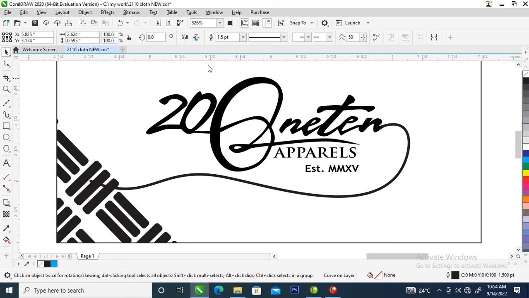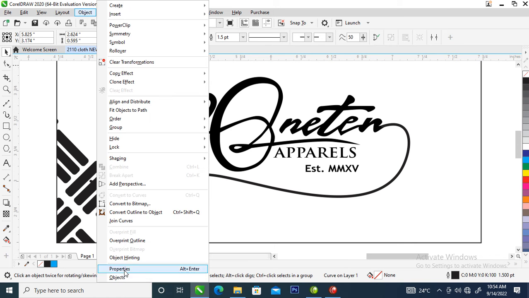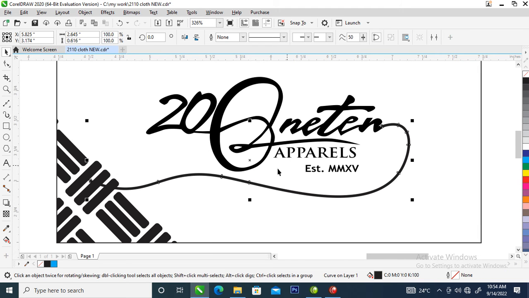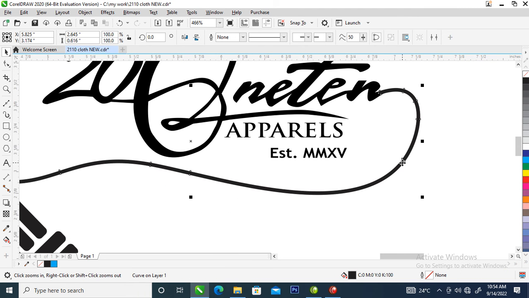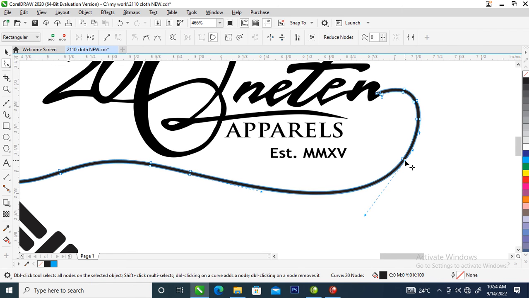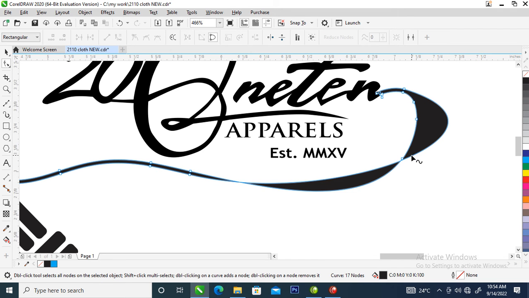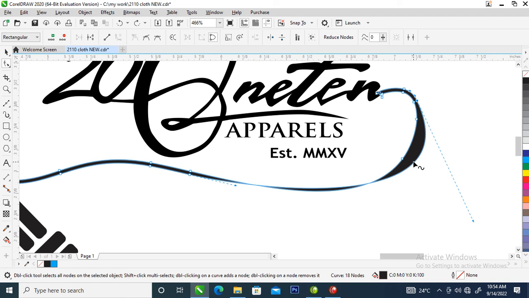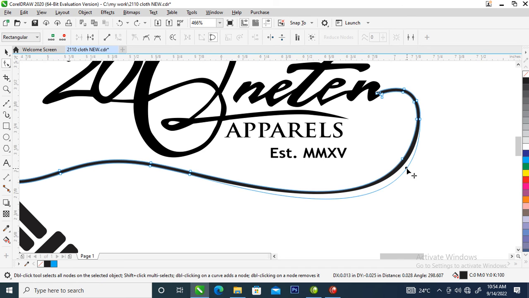It's okay. Good. Go over to your object, then you locate convert outline to object. Automatically it is converted. So right now let's double click this node right here to make it disappear. Good. Let's go over to that swatch. So what we are going to do now is to pull this down a bit,